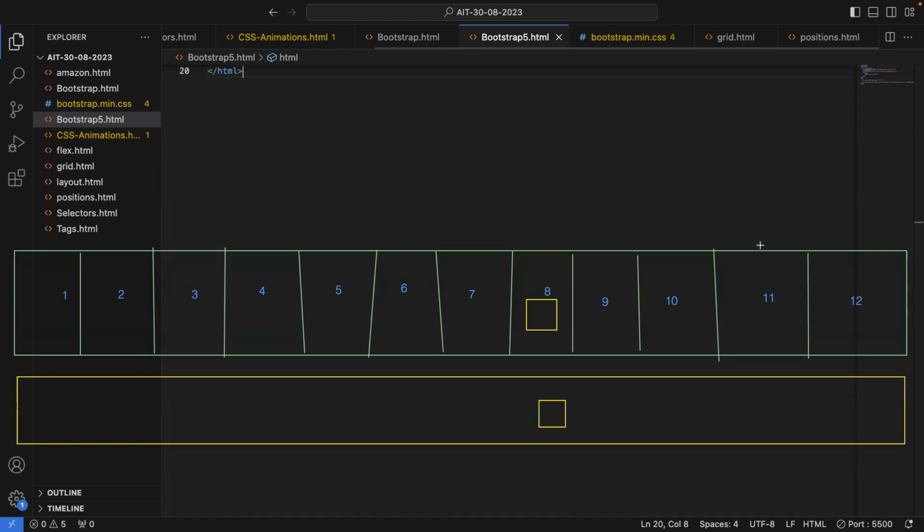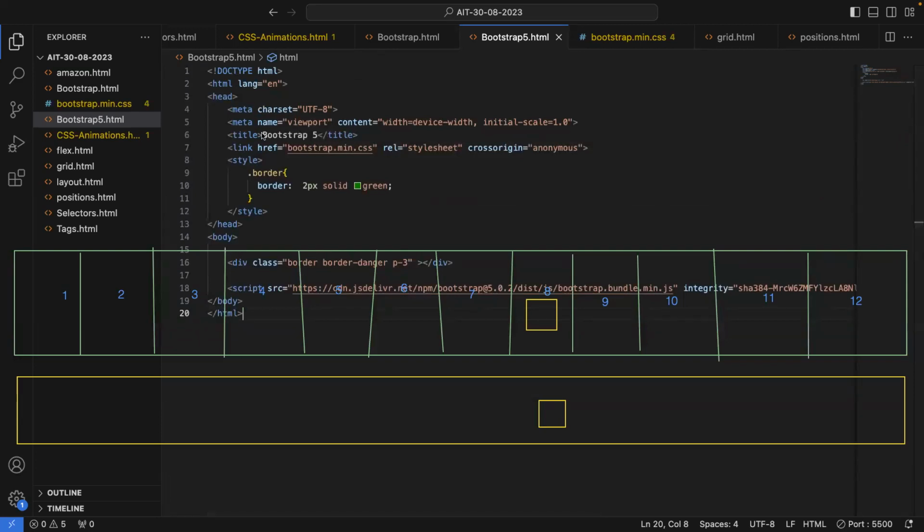So if I have 10 parts, okay, I can divide easily. If I have 20 parts also, it is easy because of less space. Less space I can easily occupy, and I can tell the particular part where I want my element. So that is the advantage of using Bootstrap. So what is Bootstrap doing? It is just dividing my screen into 12 equal parts and giving us the privilege to